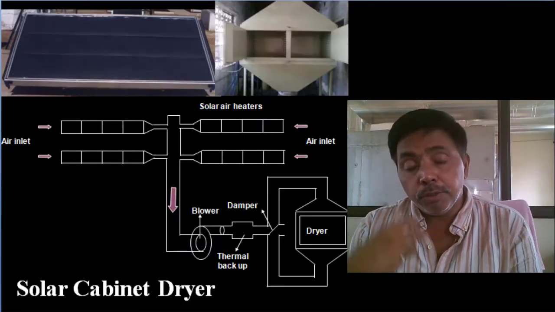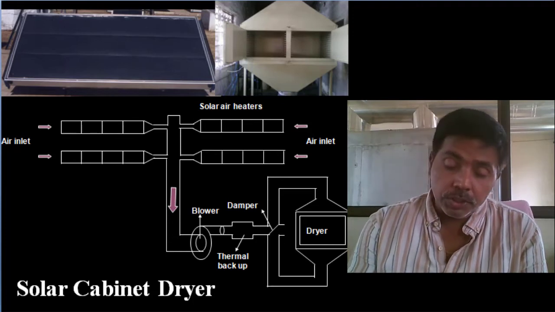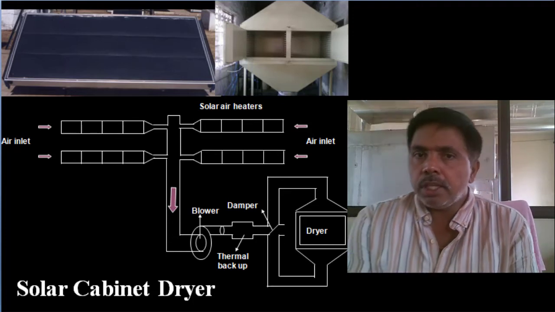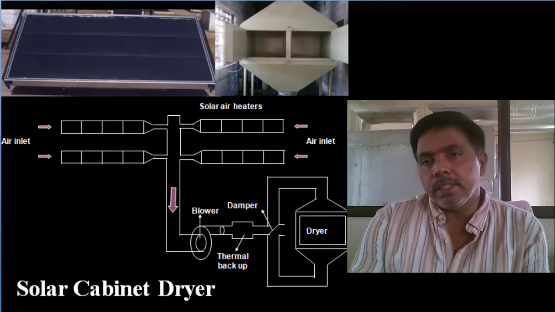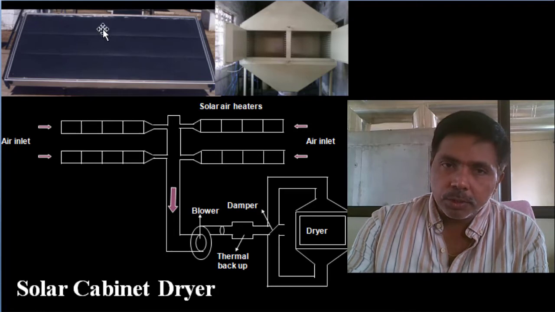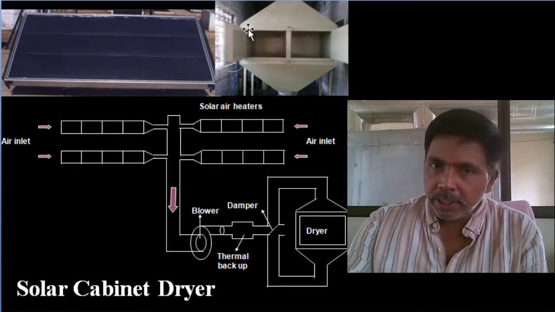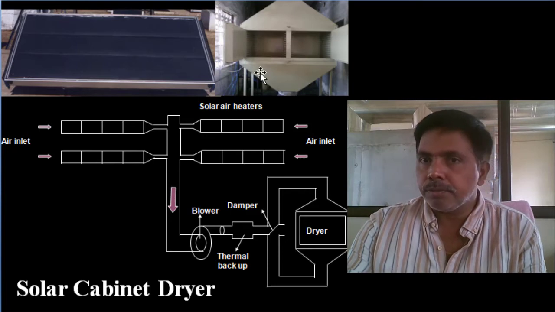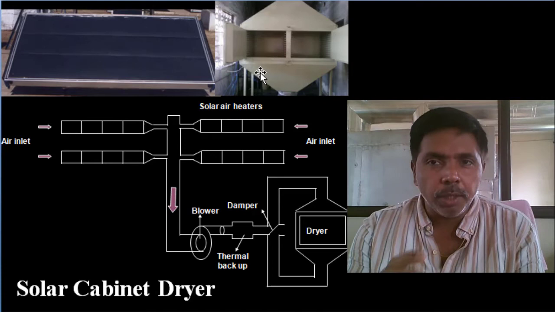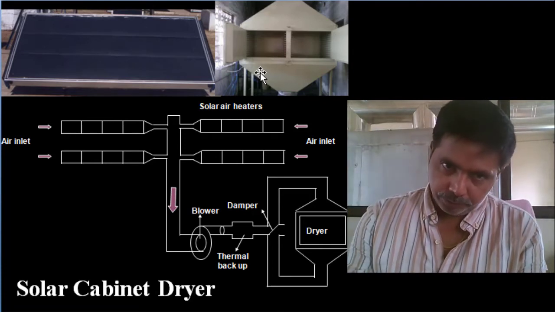Next, if the product has medicinal value, suppose for medicinal and aromatic plants drying purpose, there it is a cabinet dryer. Somewhat it is a costly one. Why? Because it is connected to a separate solar air heater for heating of the air, and the dryer cabin is separate, so it is not exposed to the UV rays. So high dried product value has high system cost.